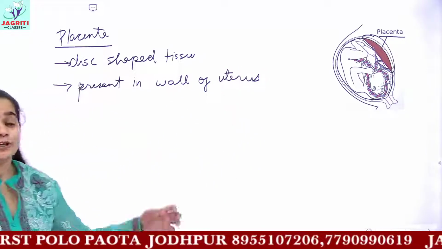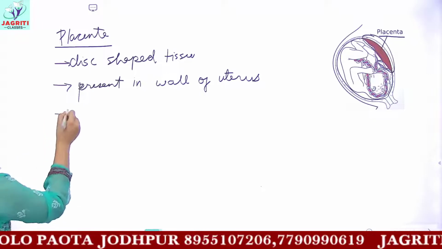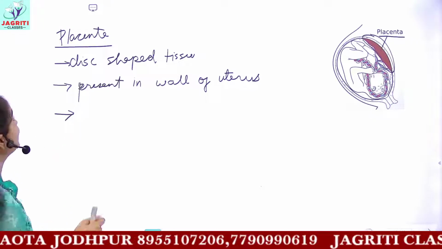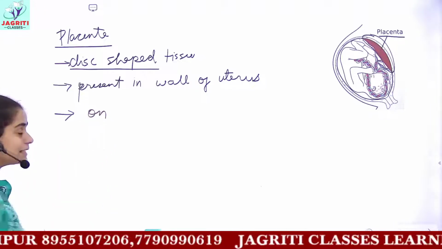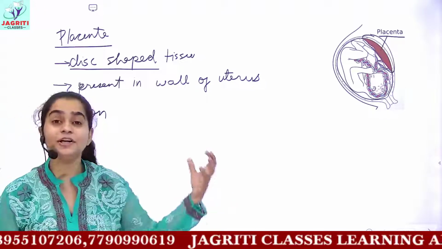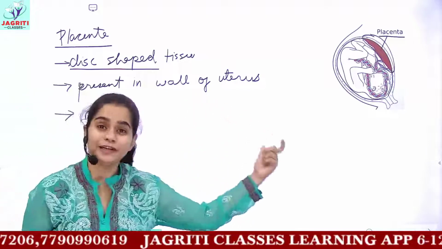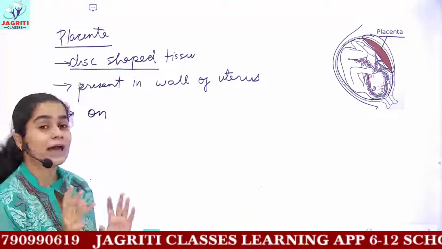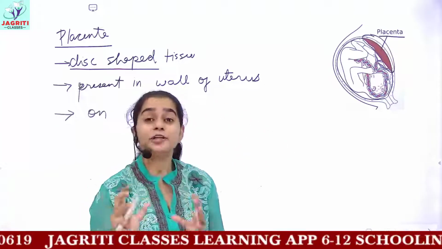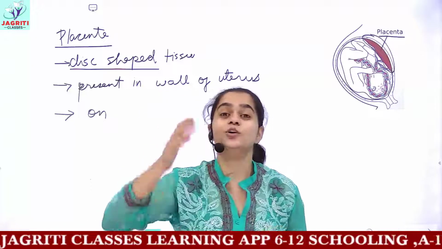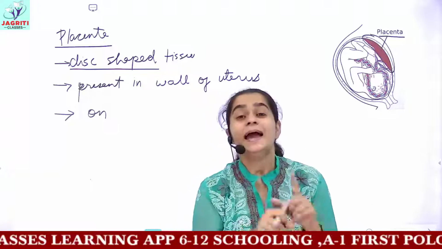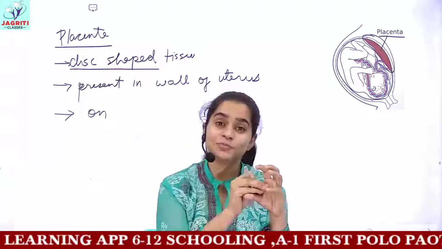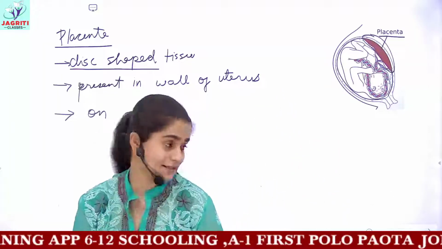Okay, and what are the functions of the placenta? Or if we talk about the structure of placenta, this placenta is disc shaped. On fetus side, fetus is after the development of embryo, it is known as fetus. Okay, further, first we have the formation of zygote. After the formation of zygote, when the zygote undergoes continuous division, it forms an embryo, and when the embryo gets nourishment, now it is known as fetus.